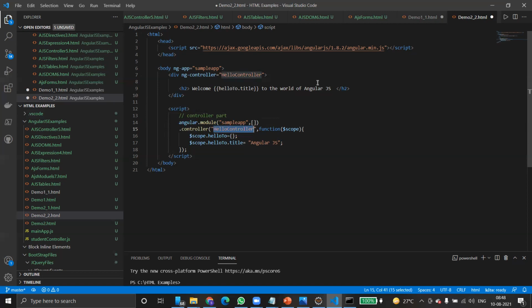A bit confusing, but try to understand. One more thing here, $scope. What is this $scope all about? It is again a model. It's a parameter which is used to pass to the controller function. It is a system-defined, predefined parameter. We are just passing this function to the controller. Whenever you pass the controller function to the app, we have to use $scope.